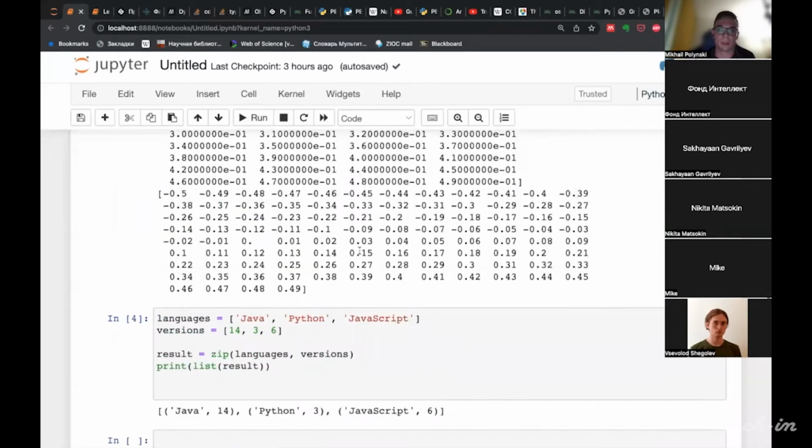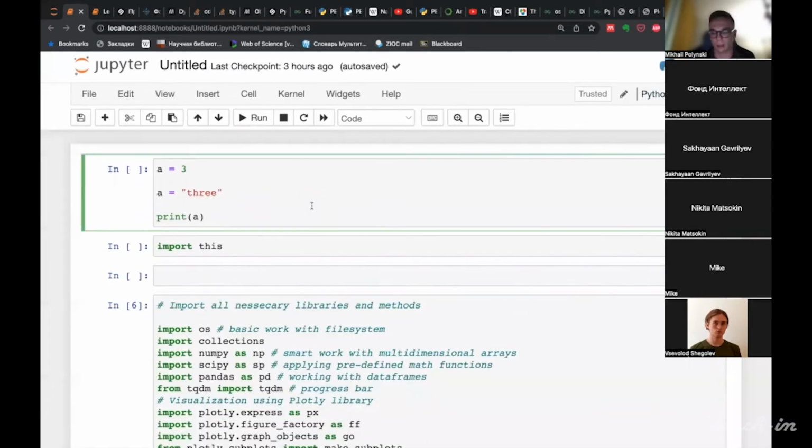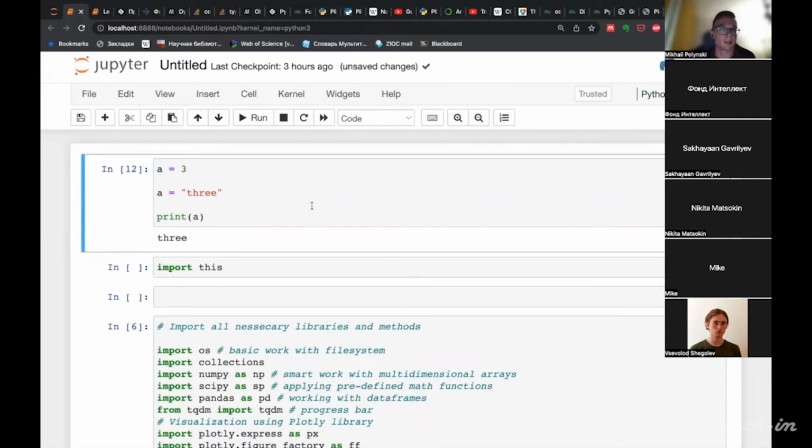So you can see an example of this way of code execution here. Here we have a variable a, and we assign a value, and then we assign a new value of a different type.